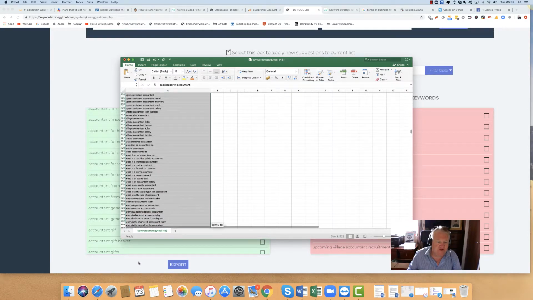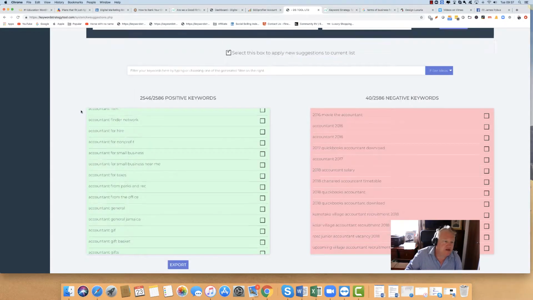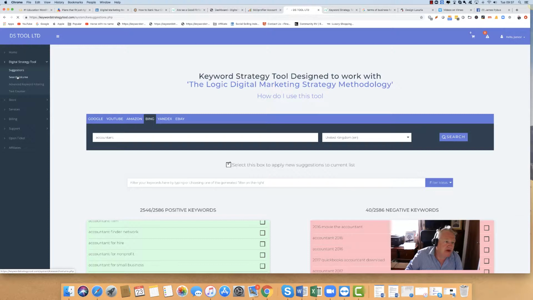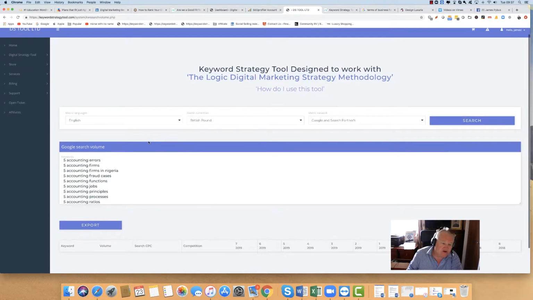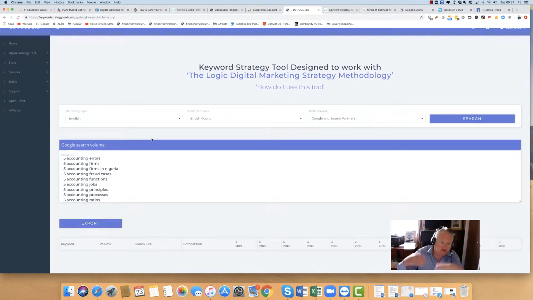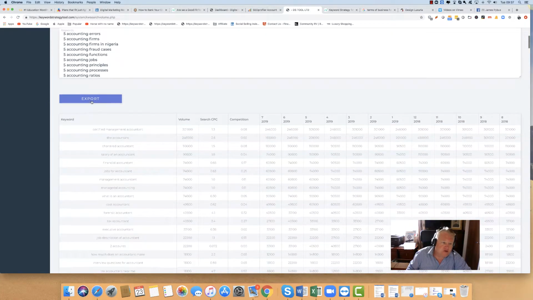The important bit to us is the information, because the information, just taking a random selection there, by the way, we go to the volume tool. Okay, so we go to pounds. What we're going to do is just put our list in here. This will do 999 lines at a time. So if you've got 3,000 lines, you might have to do this a few times, and that's down to the API. There's not a lot we can do about that. Click search, and at the bottom you'll see the data will be filled in for us, and we can export that as a data spreadsheet.